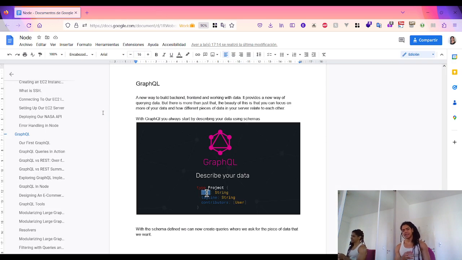The benefit of this is that, since this is a new way of building APIs and interacting with them, developers now have a new particular way of doing things, which was created by Facebook in 2012. And the main issue that it solved is